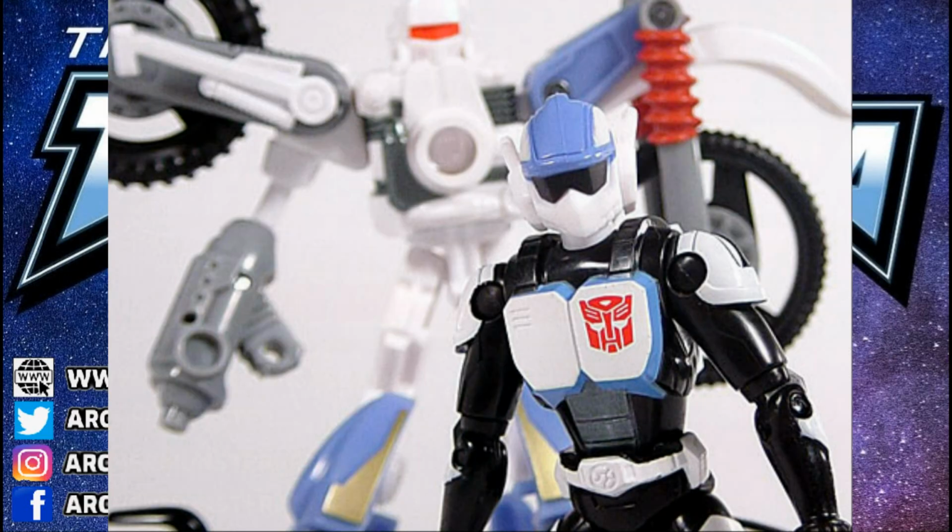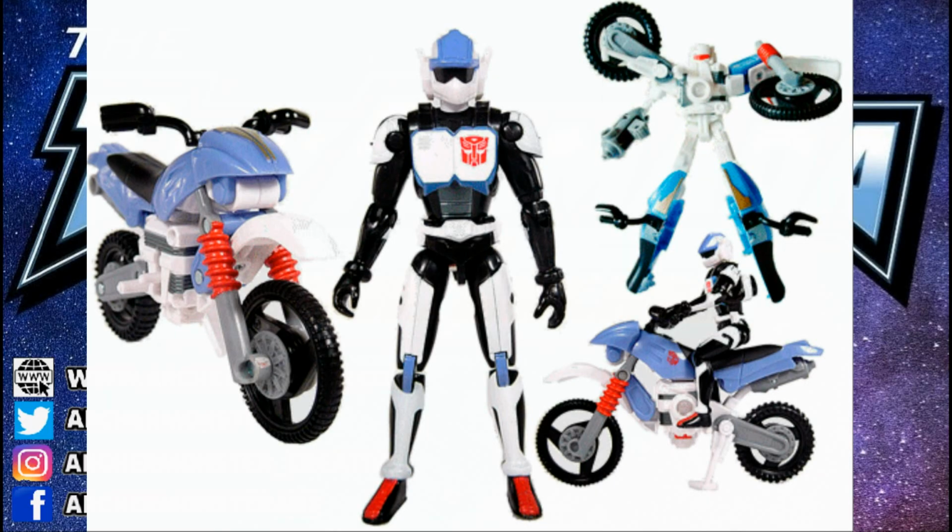We probably sent that figure to Takara to then mold, because I think the molding is still with Takara. Hasbro can't redeco this independently, I don't believe, at the moment. Well, interestingly enough, in terms of firsts with this, if you look at up to that point with